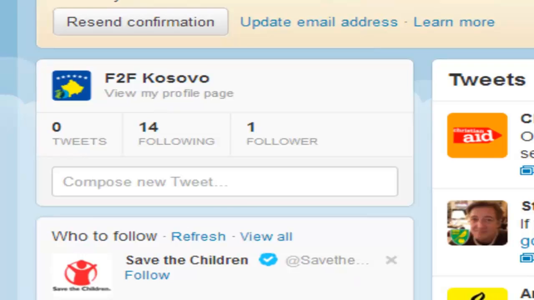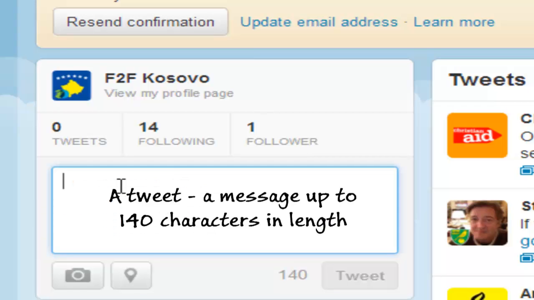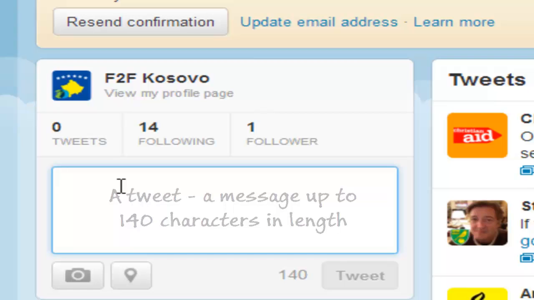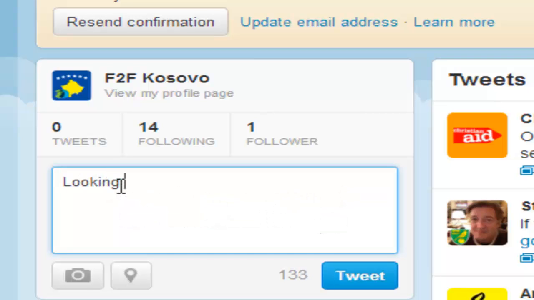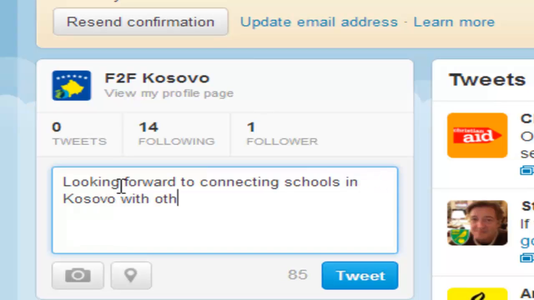Well, to start with, in this section on the top left we've got a little bit of information about you. The tweets you've sent, the number of people you're following, and the number of followers. Underneath that we have the box where we can compose our first tweet. Okay, so what I'm going to do is just write an example tweet. Okay, so far so good, but I'm going to make it special